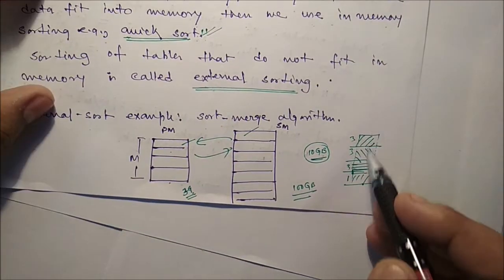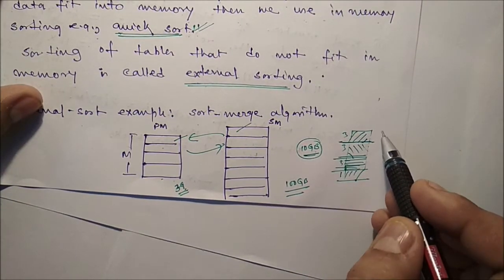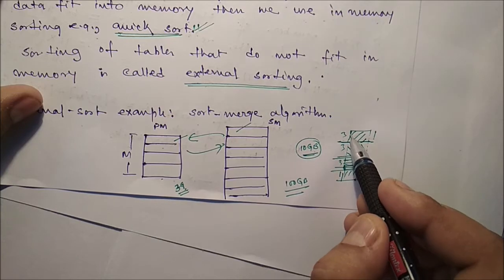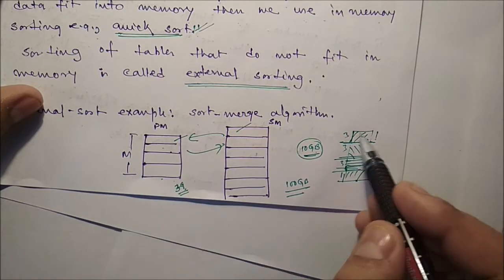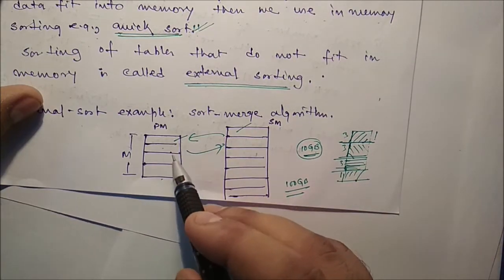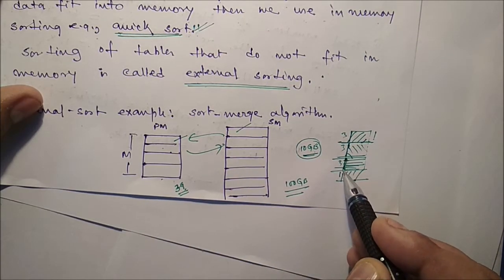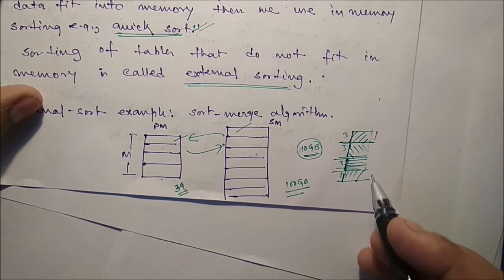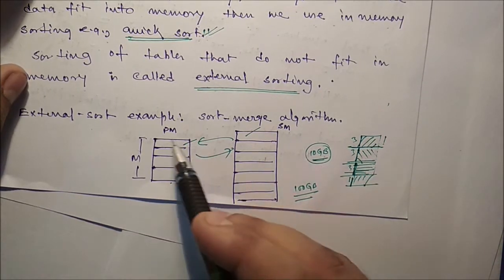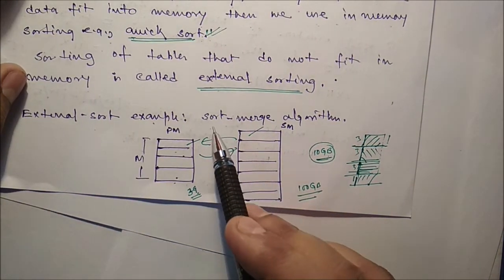If it is 10 GB, we can divide this into blocks: 3 GB data, 3 GB data, 3 GB data and 1 GB data. First swap in 3 GB data, apply a sorting algorithm and then return it back. Then apply the sorting algorithm for the next 3 GB data, swap in, sort that portion, return back, and sort this portion of data. Finally we have to merge all the data. So if the data size is much higher than the size of the primary memory, we have to implement external sort. In this video we will talk about the sort merge algorithm in detail.